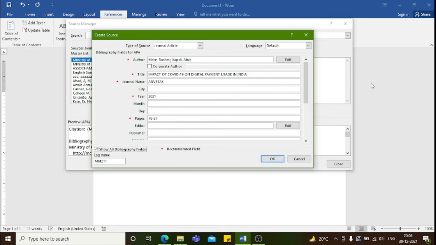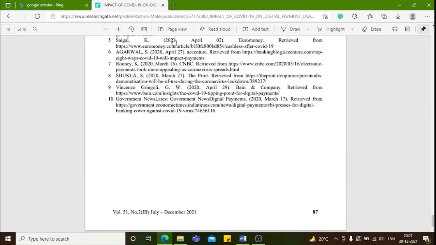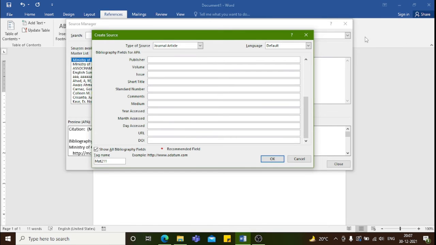So check this box and see the field names which are appearing with a red star represent the mandatory fields, and the other fields we can provide if we have the information. So one very important information is the URL that we must provide.